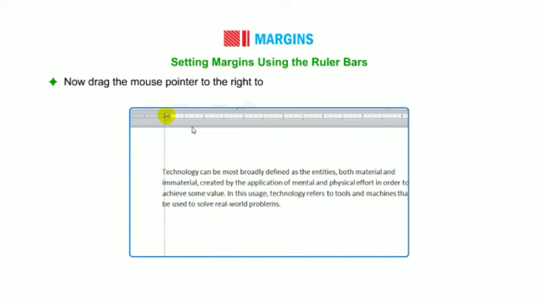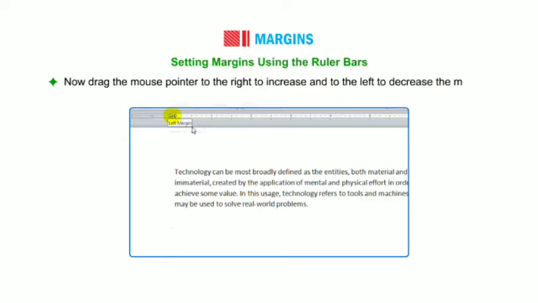Now drag the mouse pointer to the right to increase and to the left to decrease the margin. If you drag it to the right side, then this space will be increased, and hence the margin will be increased.